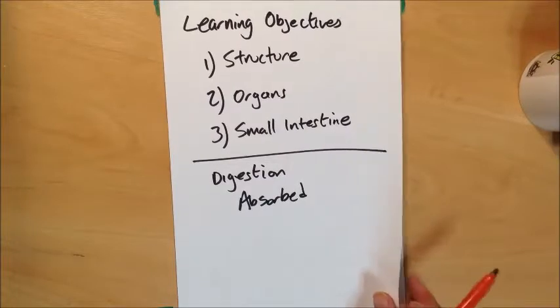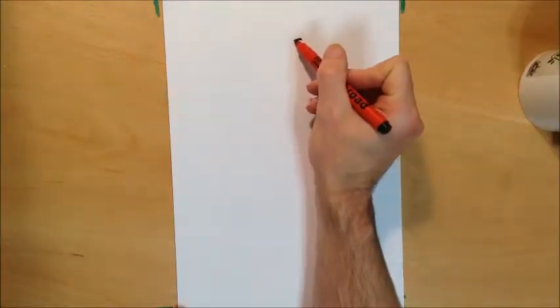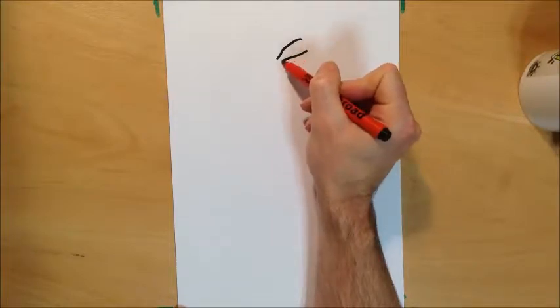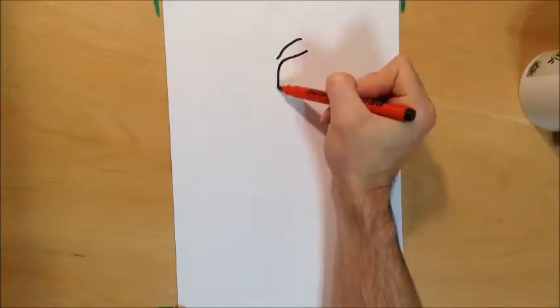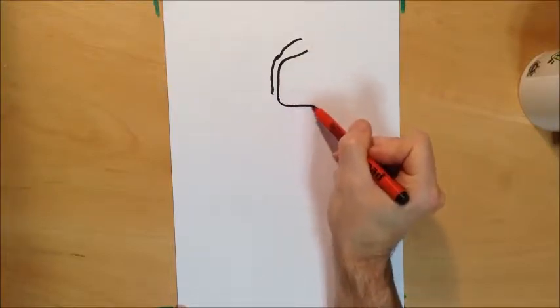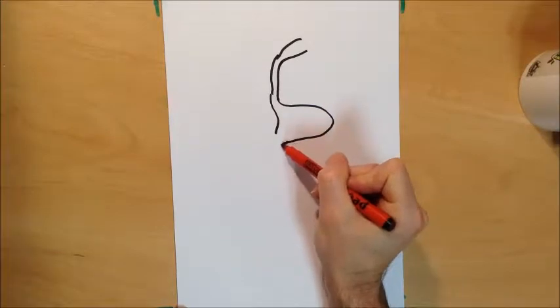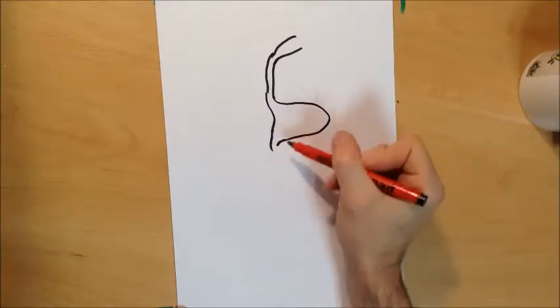And the next point that we're going to go on to is the structure of the digestive system. And I'll attempt to draw a diagram. And just a word before I start, if you need to pause the video at any point to recap a diagram or a definition, then please feel free to do so. So in a digestive system, what we've got is the mouth, which I've just represented here, down into the esophagus, into the stomach, and then into the small intestine,